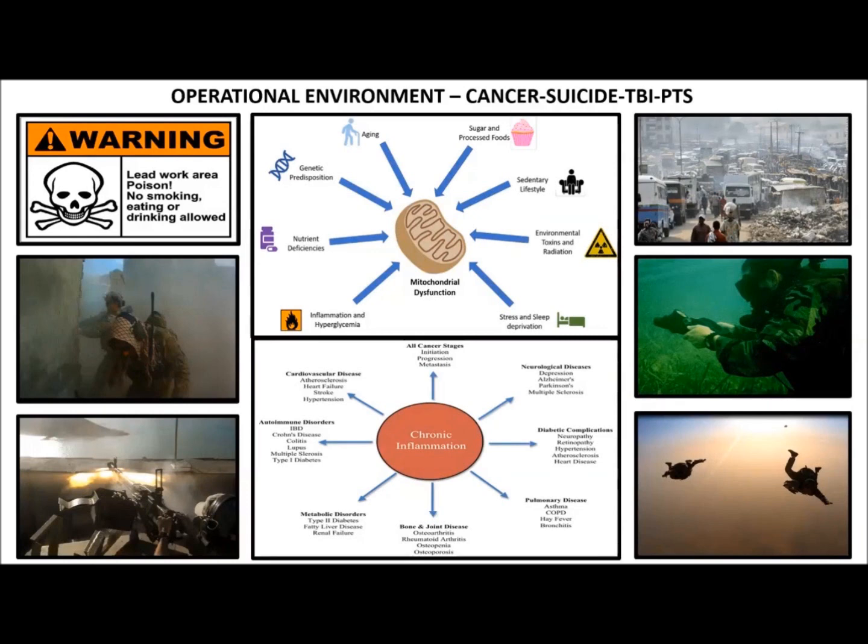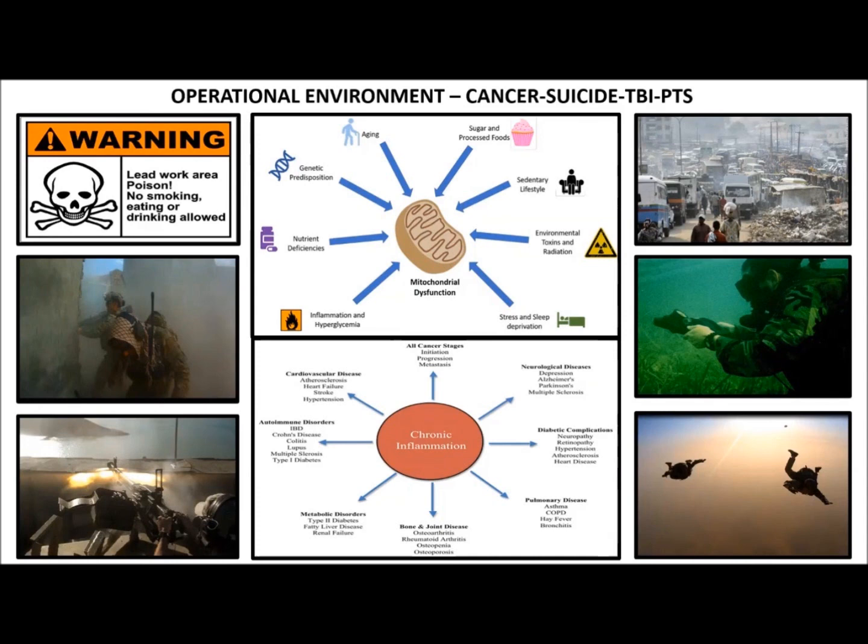These are all external influencers that affect your metabolism, your mitochondrial function. So when those things are in abundance and overwhelming and the body can't keep up, you end up in dysfunction, and that affects metabolism. And what we see on the bottom, with that chronic inflammation, that metabolic dysfunction, you see all your chronic illnesses and diseases. And if you look on the very outside of all those slides, that was my environment, working in